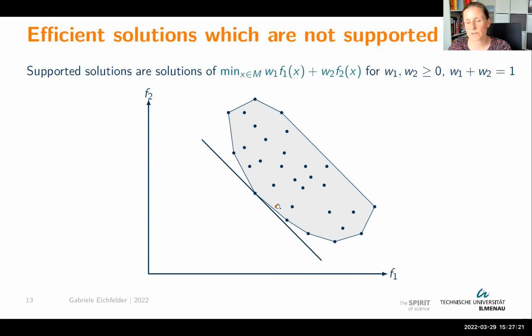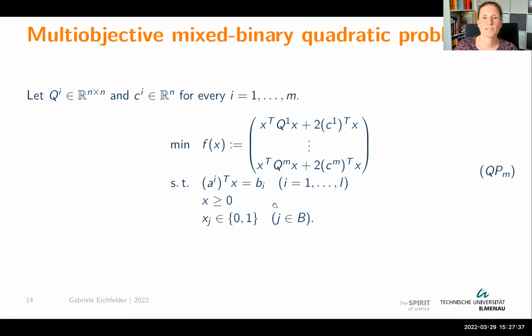And this should illustrate to you that for non-convex problems, just taking supported solutions means you exclude points you will never be able to find, which might, from the application perspective, be exactly those points you would like to find in the end. And now we've learned about these supported solutions for multi-objective problems and more generally efficient points. And the final aim will be to find those for this specific multi-objective optimization problem.